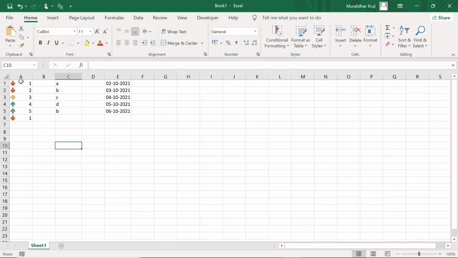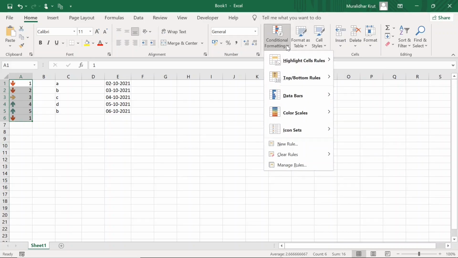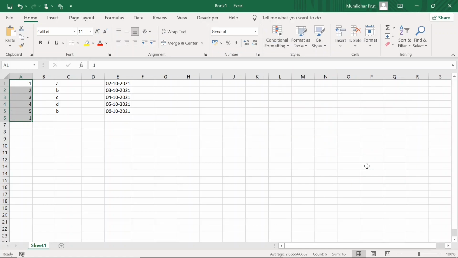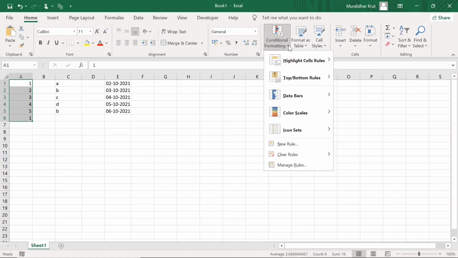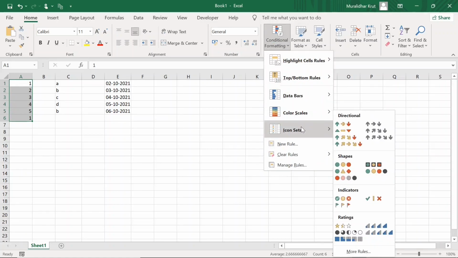So now let us select this. Now conditional formatting and clear rules. Now let me select icon sets, and select these ratings.